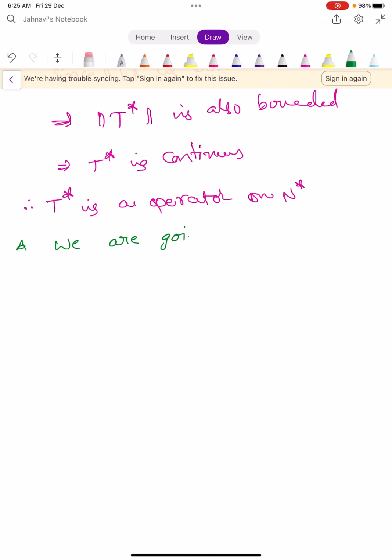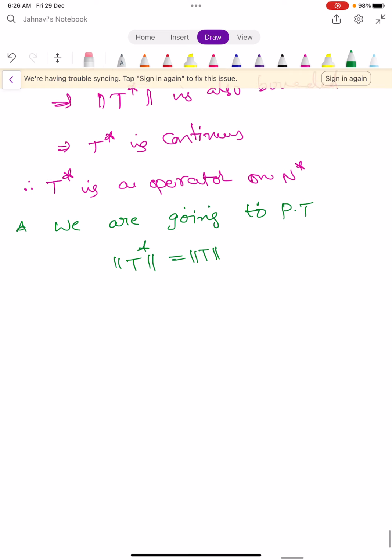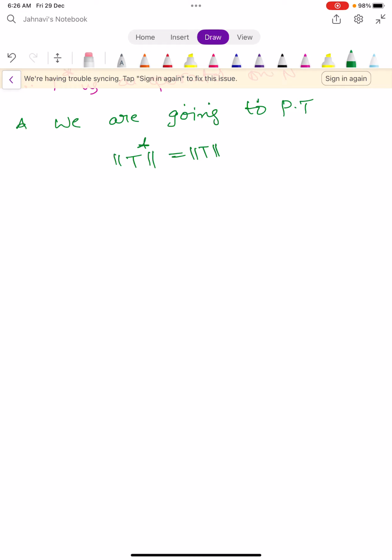We are going to prove that norm T star is equal to norm T. So next we show that norm T star is equal to norm T. To prove that, we use the Hahn-Banach theorem. By applying the Hahn-Banach theorem,